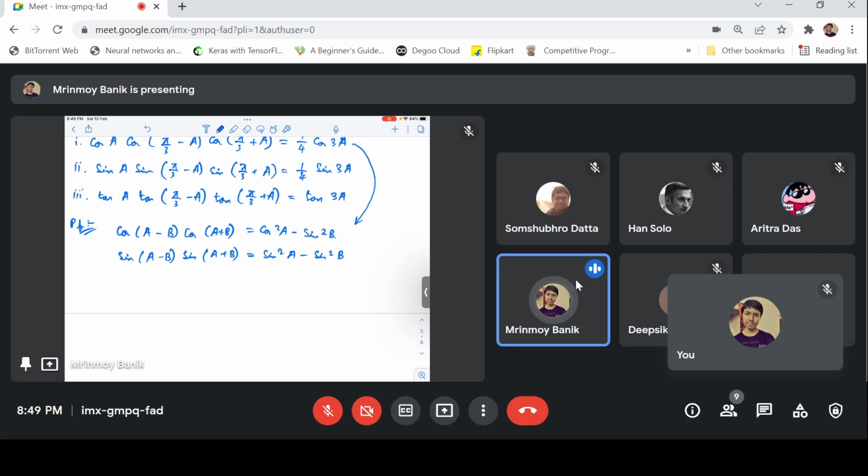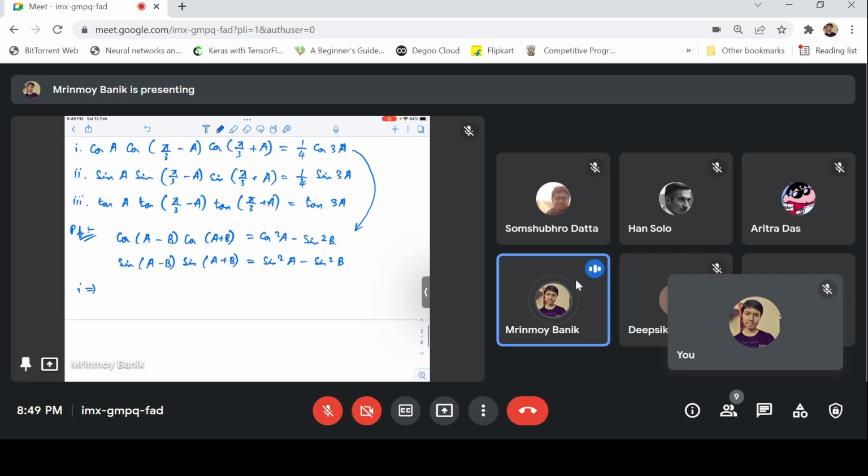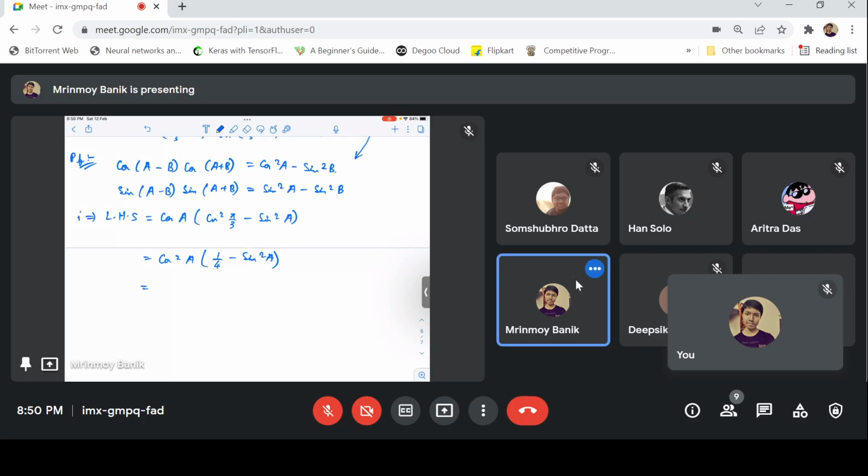So using those two, the LHS of 1 equals cos a times cos squared pi by 3 minus sine squared a. Cos pi by 3 is half. So, since we need only cosine ratios, this is 1 minus